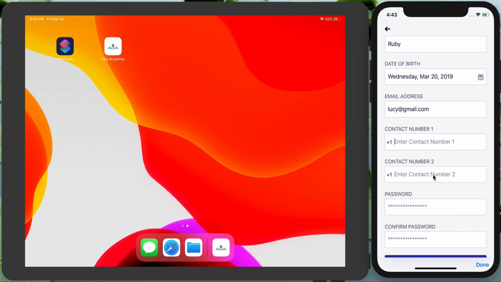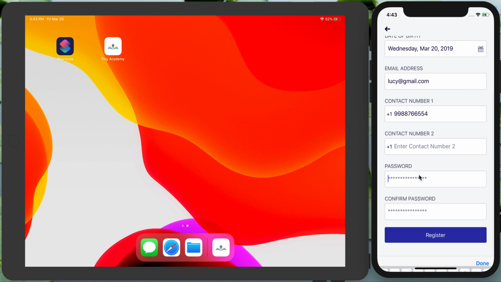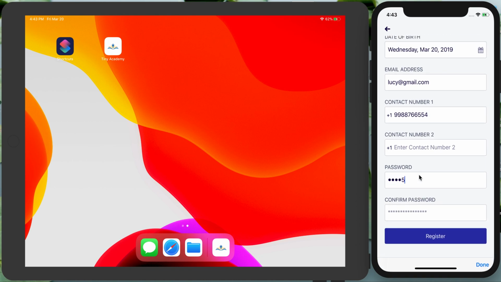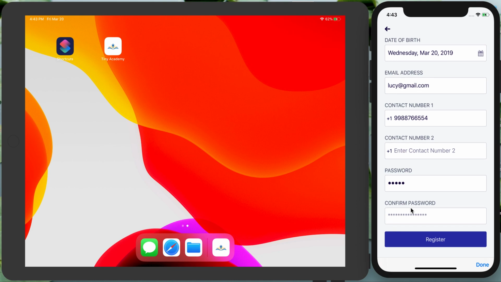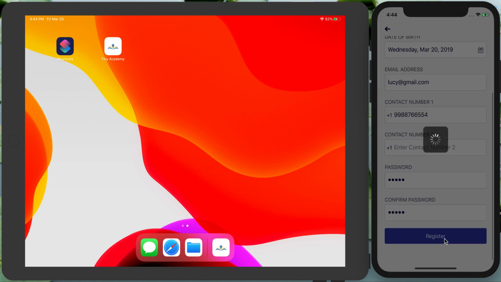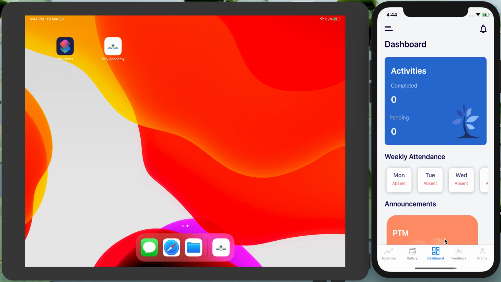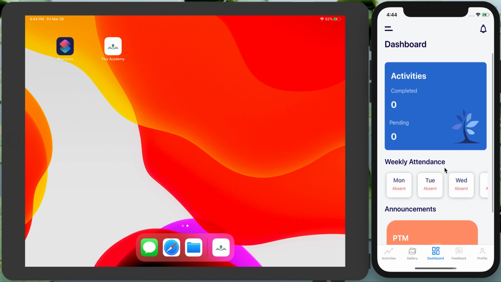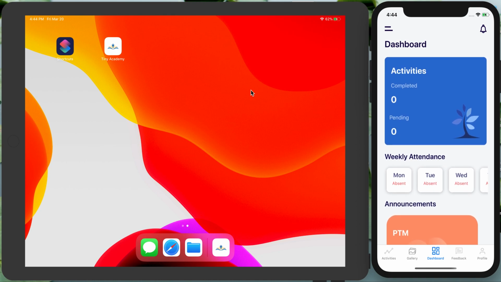Okay, so here I'm going to enter the phone number. Yes, done. And now I will set my password for my account, and I will confirm the same password 345, and this is done. Okay, so here you can see I am successfully registered, and here as you can see the dashboard, currently I